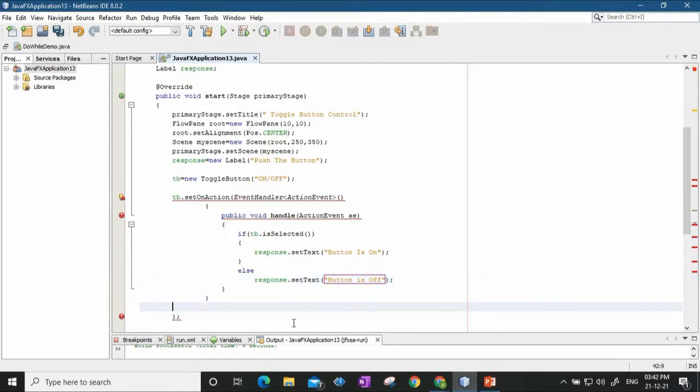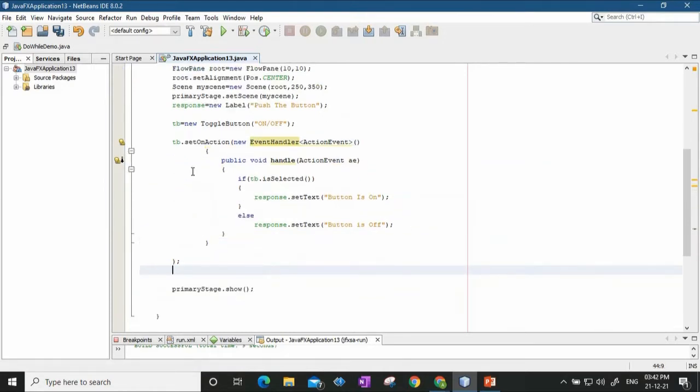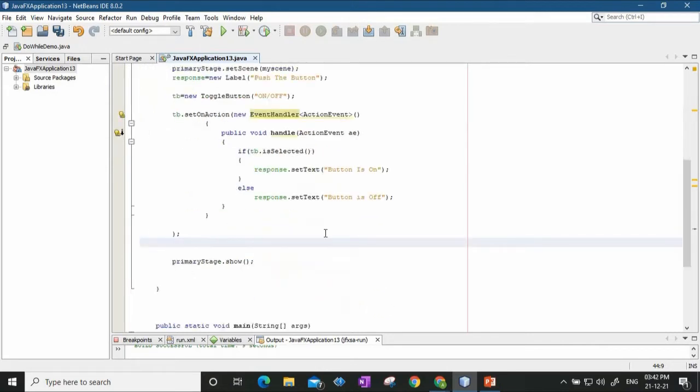Yes, this is simple. So tb.setOnAction, I should have said here new EventHandler. This is the event that is generated on clicking. Then remember that this label and this toggle button I have to add to the root node.